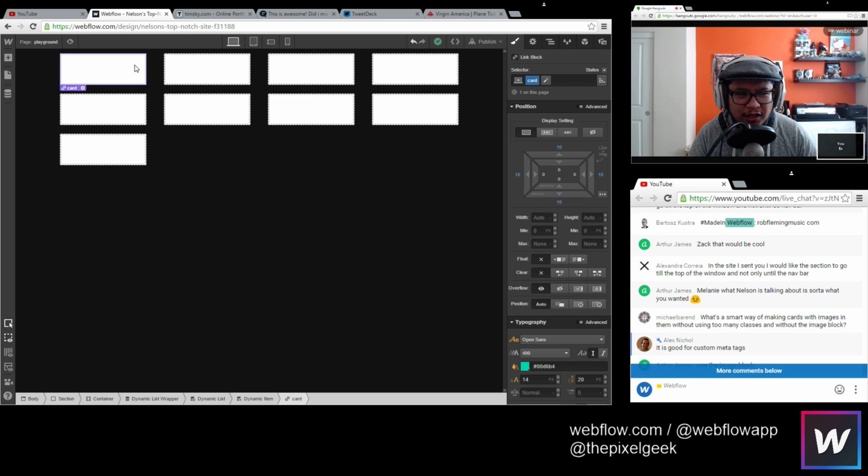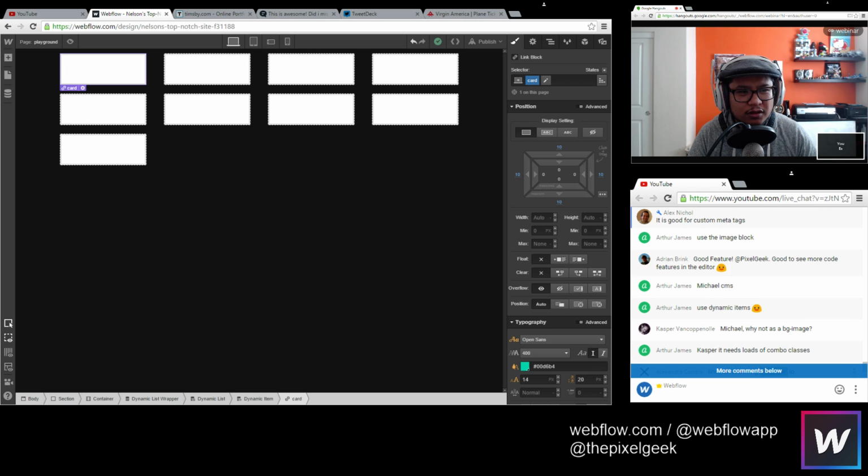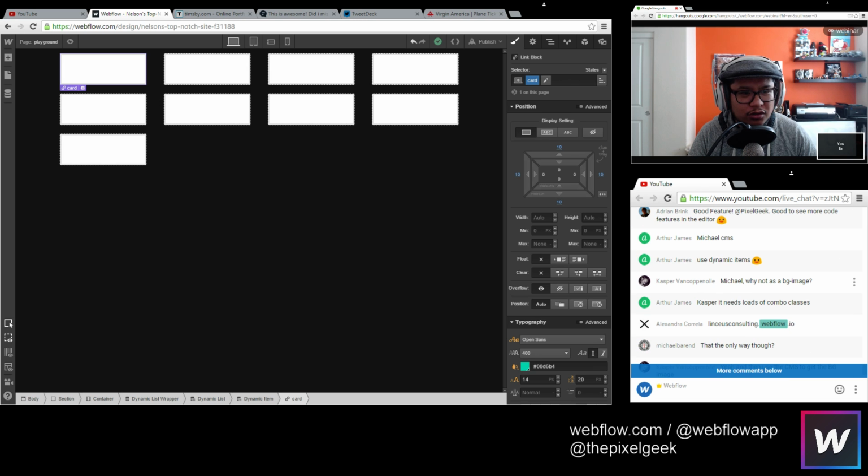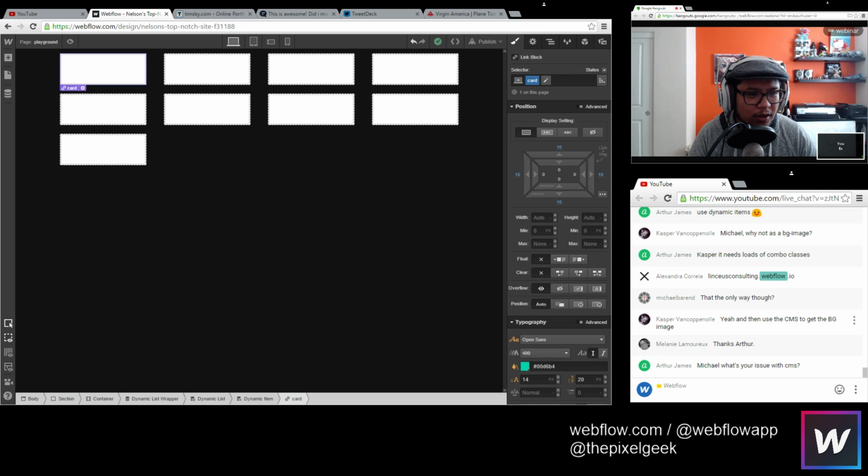I would use an image block. But then again, why would you not want to use an image block? Is it because you want to use a background image? Okay, he's asking why not a background image. Is that the only way though? You can then use the CMS to get the background image. Yes. So if you're not familiar with how to get the background image